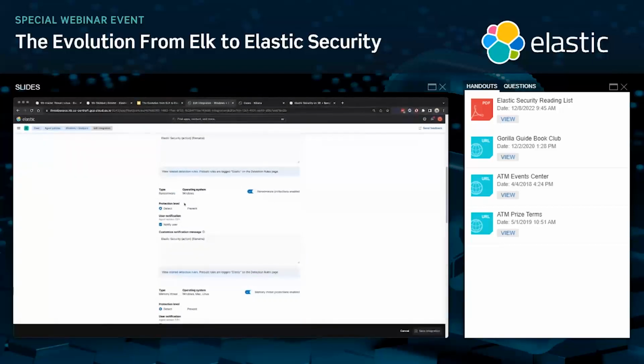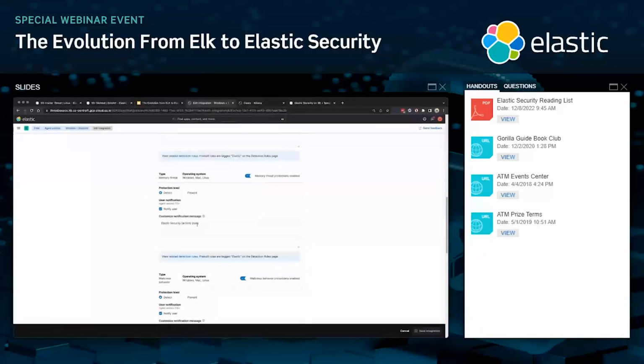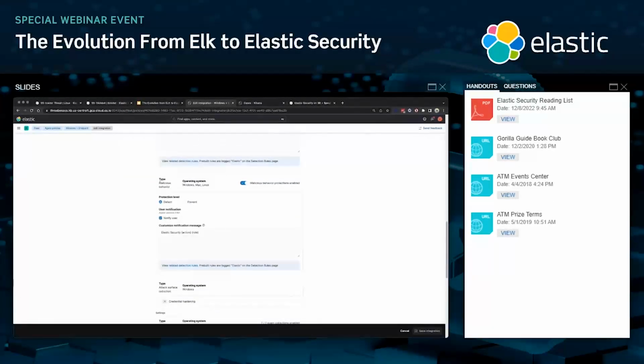I'm preventing ransomware breakouts, doing some unique things here too, including things like peppering the file system with canary files. If one of those files is touched, something's up. I have memory threat prevention. So sometimes when a binary is executed, it looks different in memory than it does on disk. So we're applying those same math models, those same YARA signatures across Windows, Mac, and Linux.